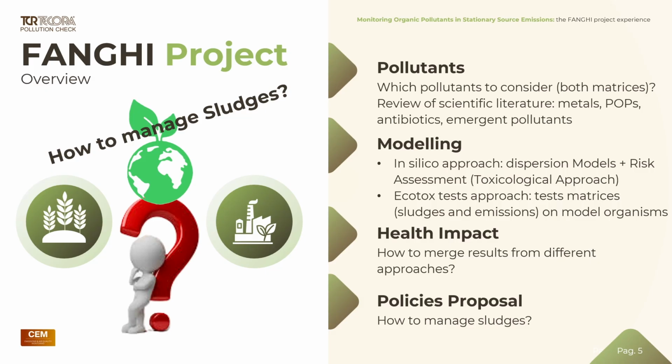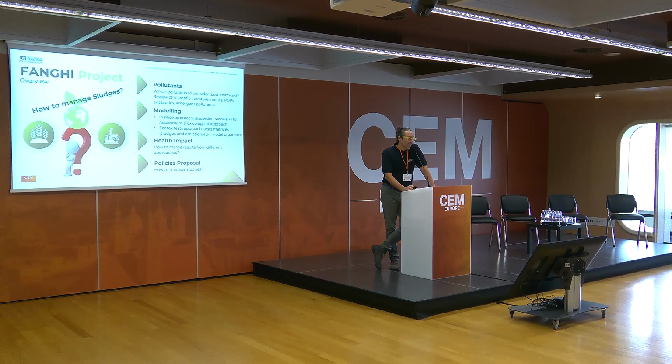The next step was modeling. We followed two different approaches, an in silico approach, starting from the chemical analysis, and also an ecotoxicological approach, testing on model organisms the matrices, that means emissions, and also the sewage sludge